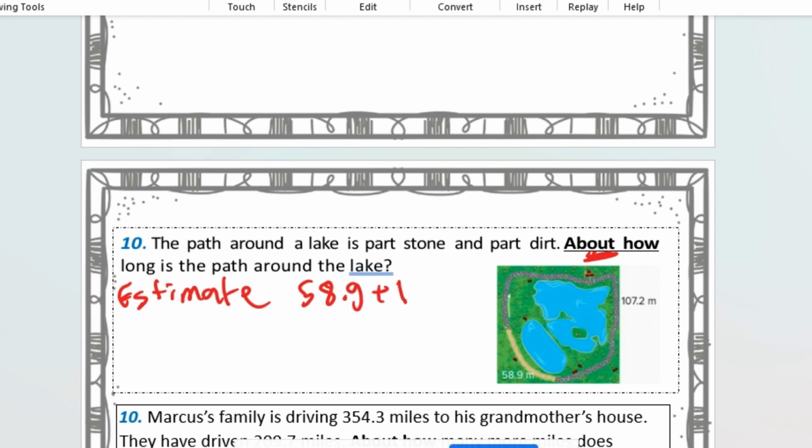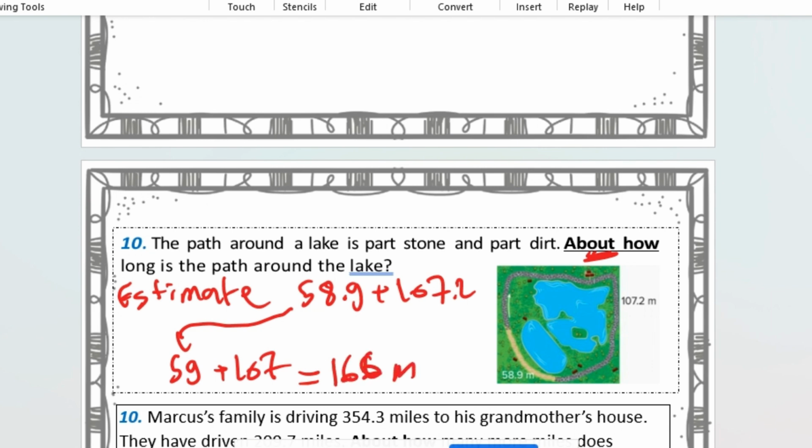58.9 plus 107.2, because the stone part is 107.2, and the dirt part is 58.9. So 58.9 will become 59, plus 107.2 will become 107. When we add these two together, we will have an answer of 166 meters. Okay,